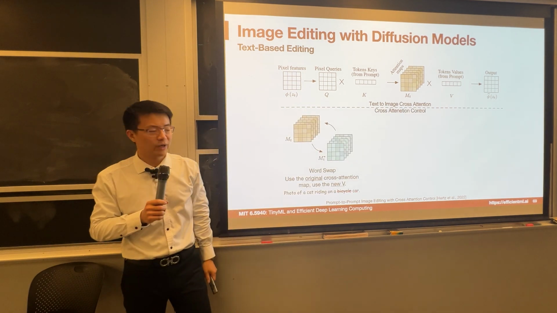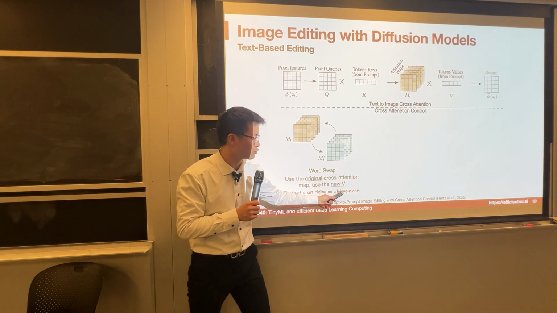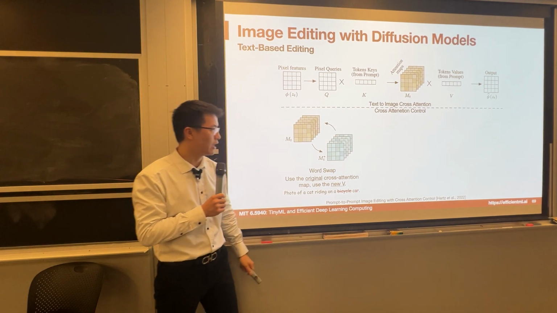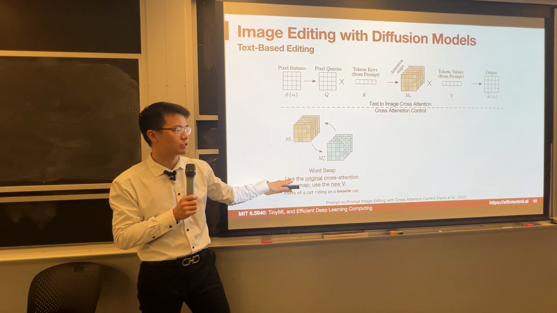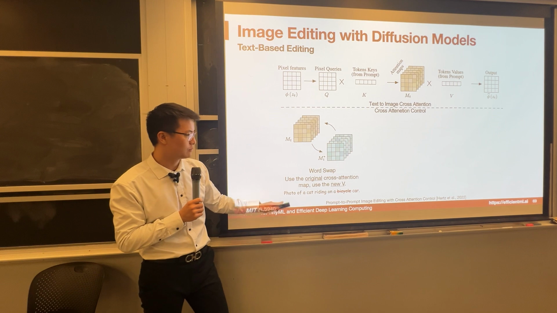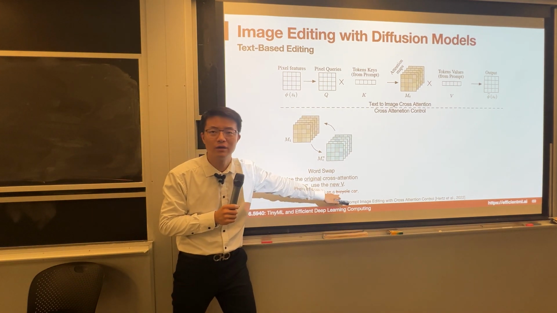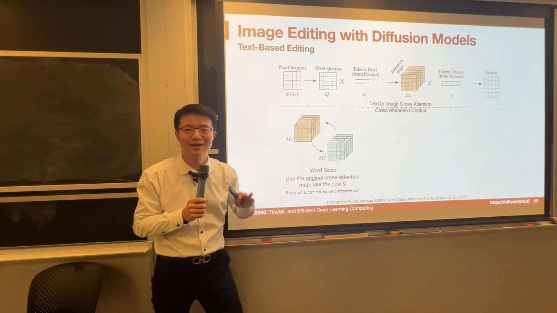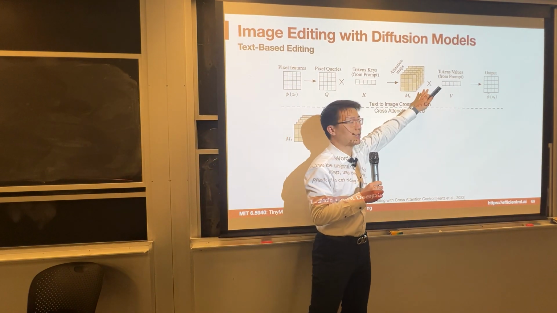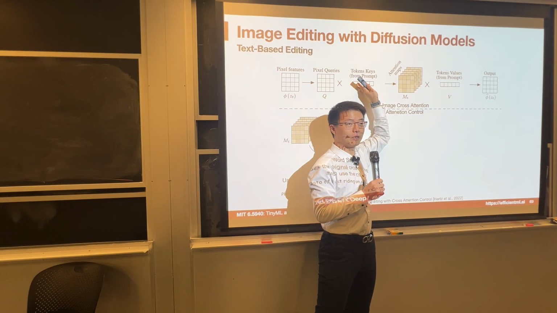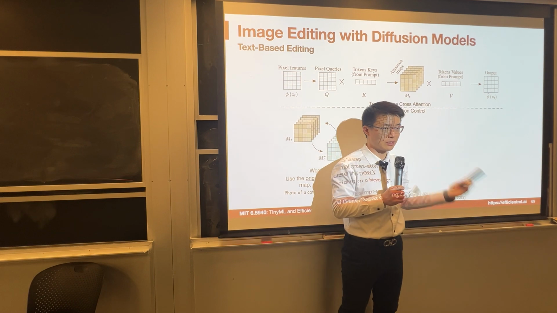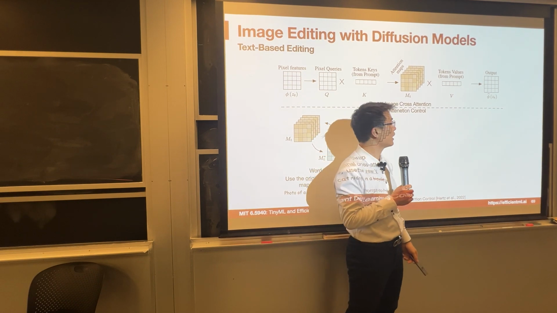What about we do some manipulation for the words, like removing bicycle and changing it to a car? Everything else is the same. So here we want to just use the original cross attention map from photo of a car riding a bicycle, so that the location of the bicycle remains the same. So up to here, everything is the same. We just plug in the new V. The last one of them is a car rather than a bicycle in this case,